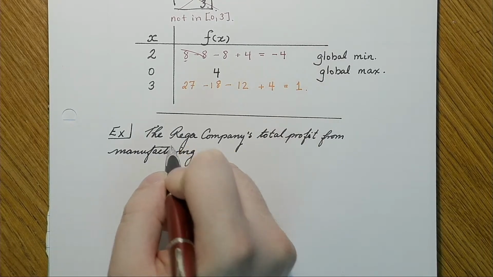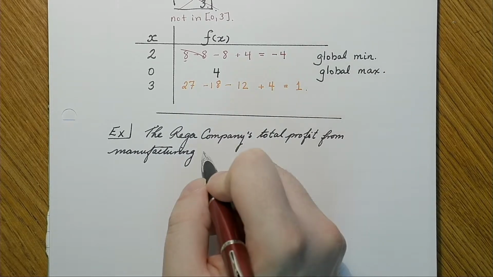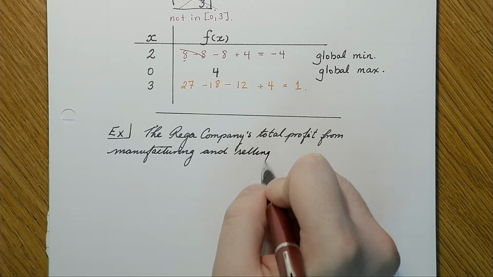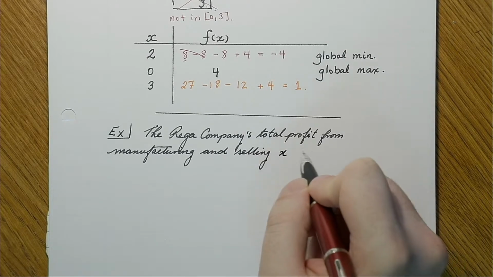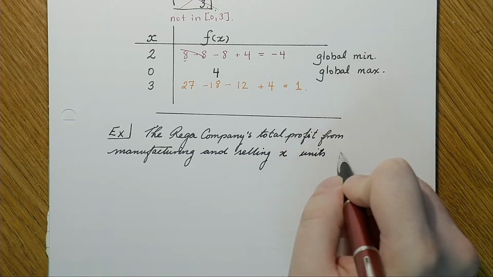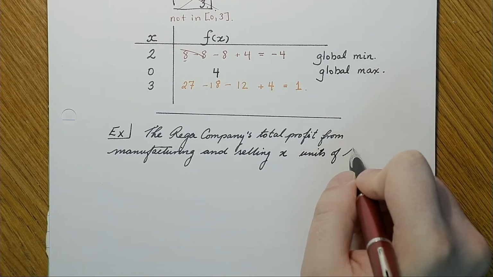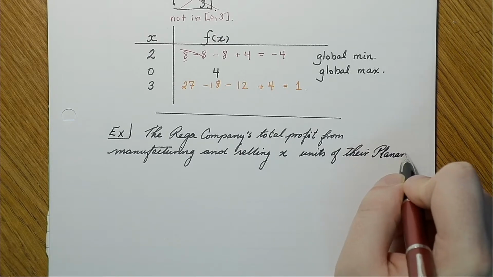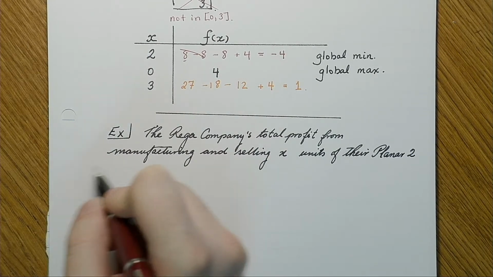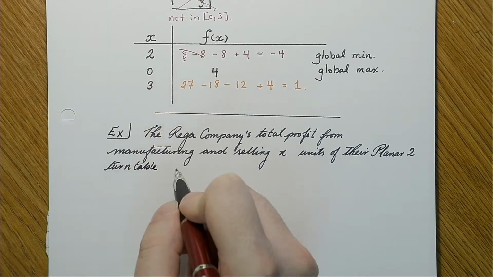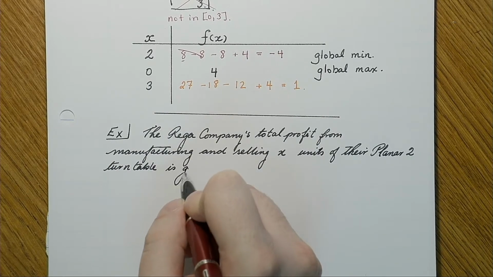I have the suspicion that Rega is not combing through calculus tutorials or lectures. So I think they have other things to do. Like they're selling x units of their Planar 2 turntable. And it's given by